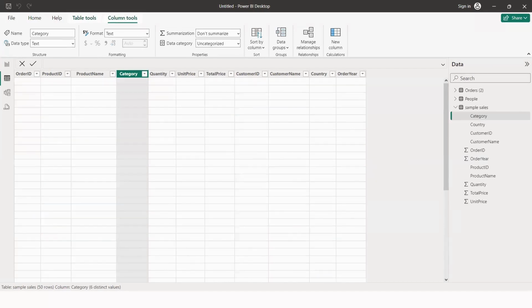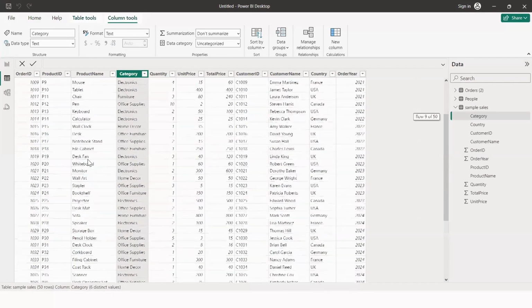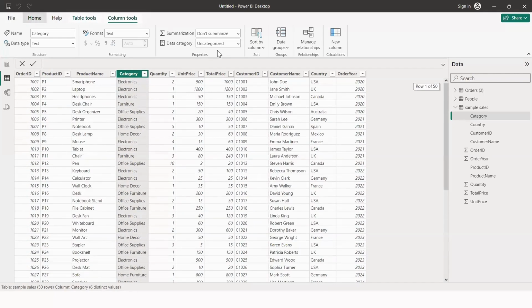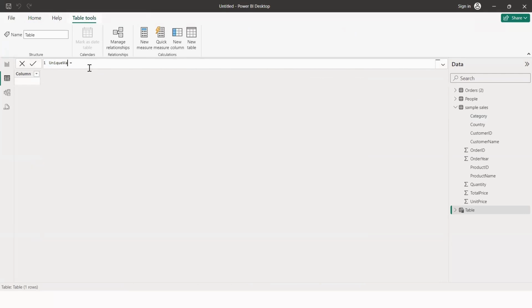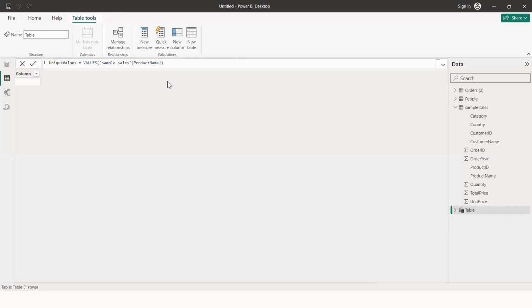Then the next one is the unique values, which is calculated by the VALUES function. Let's say you want to find all the unique values in a specified column, for example in the product name. What you can do is go to home and click on new table. For the table name, I will say unique values, and the function would be VALUES. Inside the bracket, I will pass the column name. I want to find the unique values from product name. Close the bracket, hit enter,